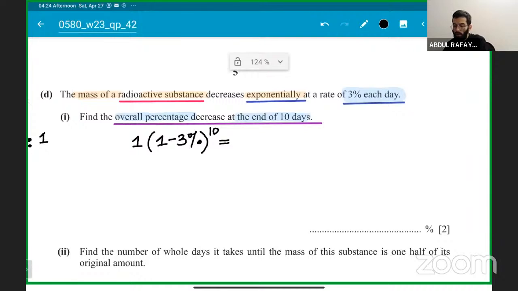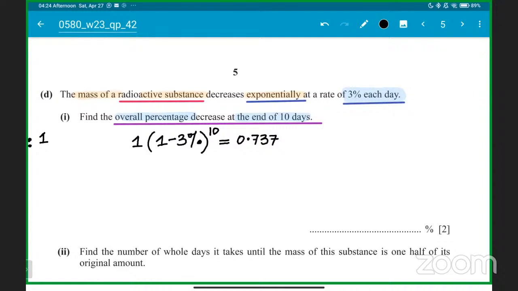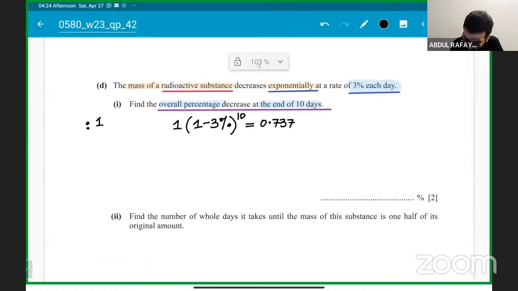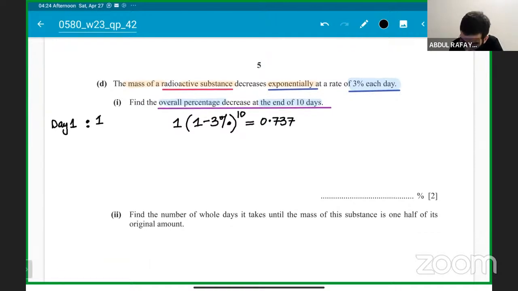तो ये हो जाएगा 1 इंटू 1 माइनस 3% टू द पावर ऑफ 10। तो ये बेसिकली आ गया 0.737। इज एवरीवन गेटिंग इट गाइस? क्लियर है बात? फॉलोइंग? ठीक है, इज एवरीवन गेटिंग दैट? Yes. 0.737, ये मैं इमेजिनेशन करके कर रहा हूँ कि डे वन पे मेरे पास उसका जो मास था वो 1 ग्राम था, या मास जो भी था ग्राम में, जिस भी मेजरमेंट में था, 1 ग्राम था।